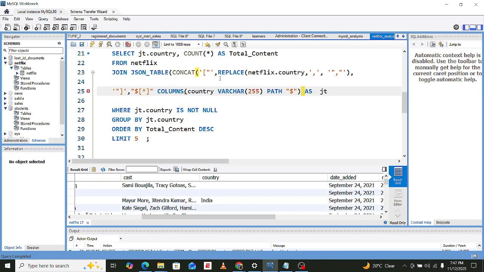That is, we have that, and then the replace, and then we have the Netflix. Replace here. I think this is okay. Dot country, and then we have a comma. I think up to this point it's okay. Then we have a comma, and then we must enclose these, and that is what we are doing here. Then we have another comma. Then after this is where we should put our iterator here.